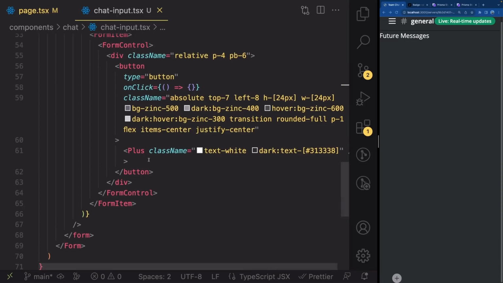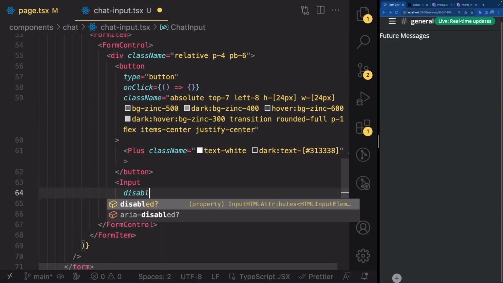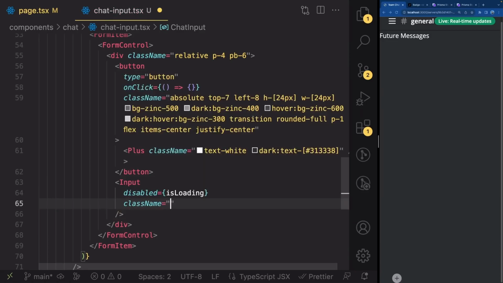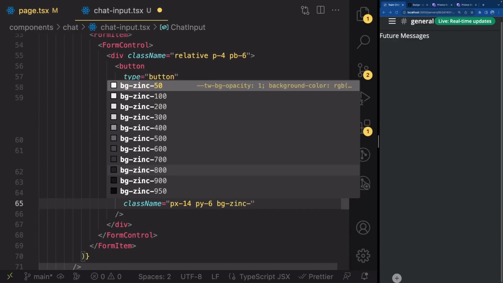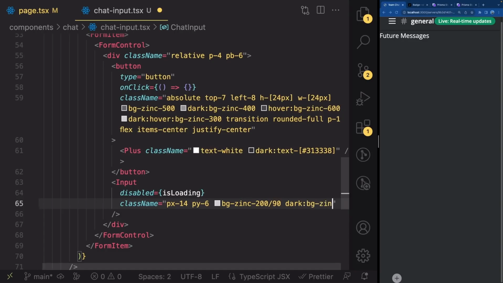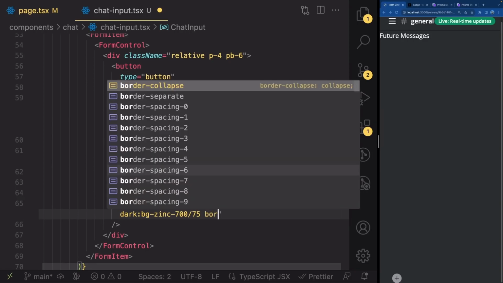Okay, let's scroll down right here. So outside of this button, go ahead and add our Input component, which is a self-closing tag. It's going to be disabled on isLoading, which we have as a constant. And now let's give this a class name of px-14, py-6, bg-sync-200/90. On dark mode, it's going to be bg-sync-700/75, border-none, border-0,